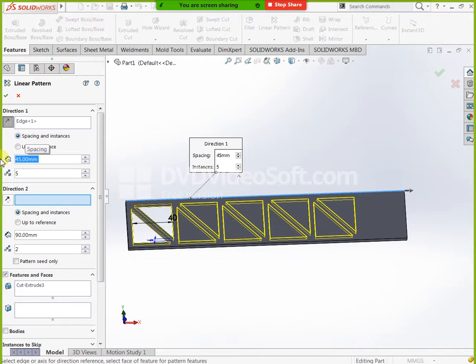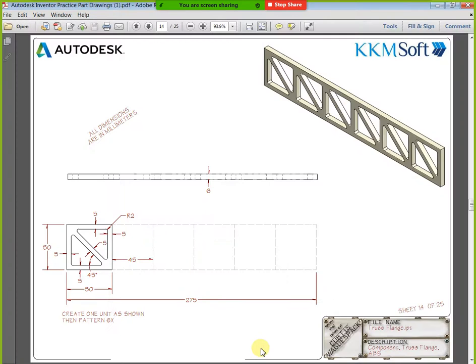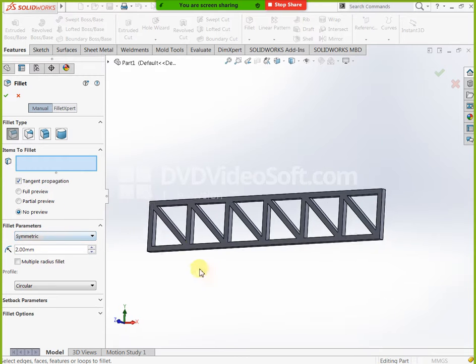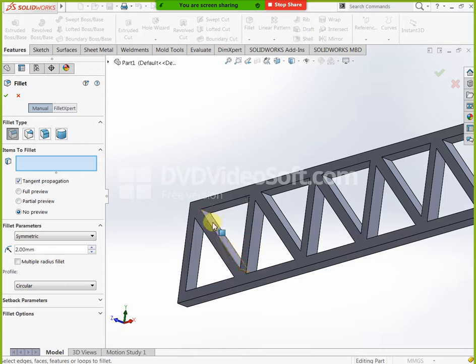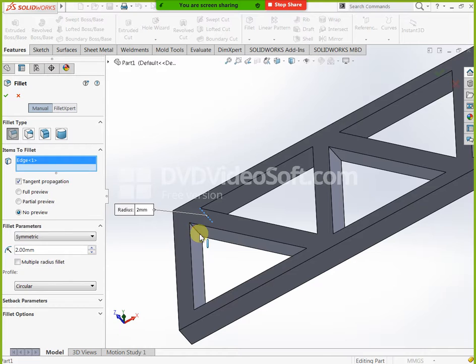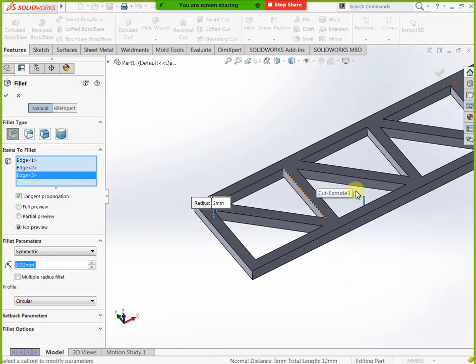How can we mention it? By using this fillet you can mention it, that is 2 radius. Now here you can mention 2 radius. You can select your edges. Same as well, you can select all.